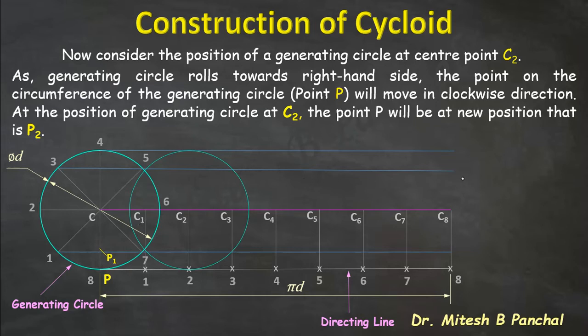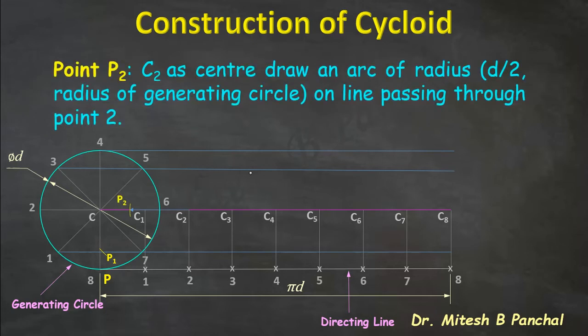To obtain point P2, you have to consider C2 as a center and radius equal to d by 2 and mark an arc on the line passing through point 2. So you can obtain the new position of point P,